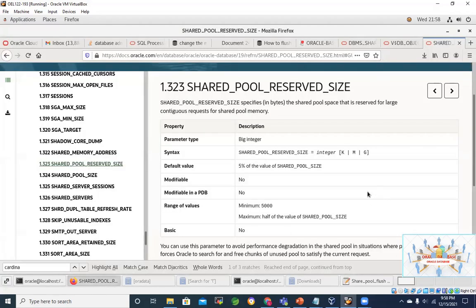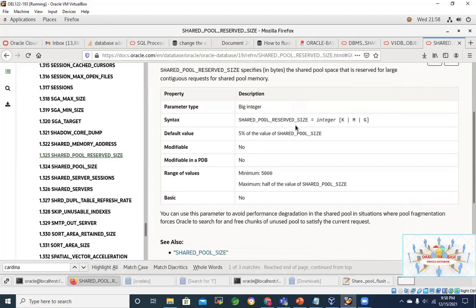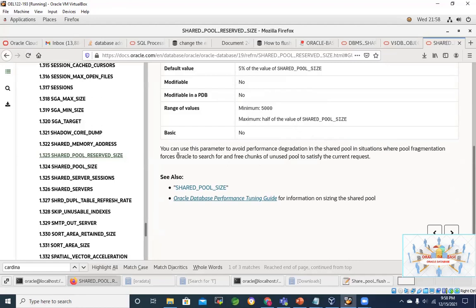But if you want to get more details, what is the purpose of this parameter? If you go down here, you can see the explanation is there. You can use this parameter to avoid performance degradation in the shared pool in a situation where pool fragmentation forces Oracle to search for a free chunk of unused pool to satisfy the current request. So it is something like memory chunk allocation.